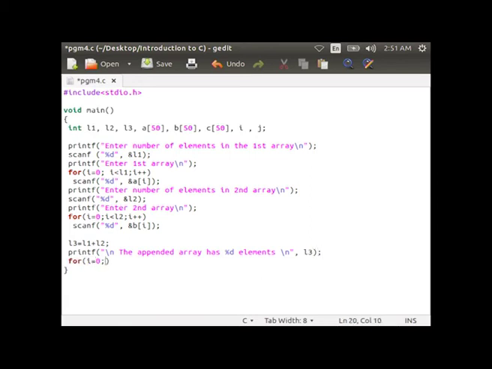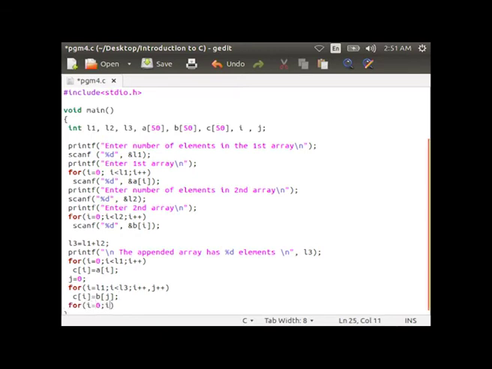For I equal to 0, I less than I1, I plus plus. C of I equal to A of I. J equal to 0 for I equal to I1 semicolon I less than I3, I plus plus comma j plus plus. Then C of I equal to B of j.